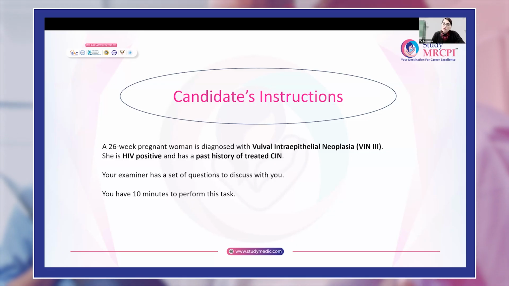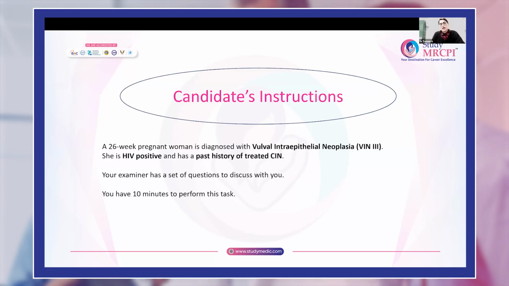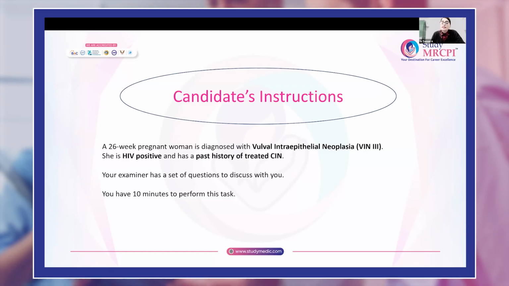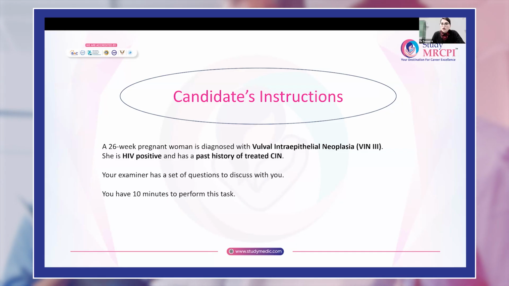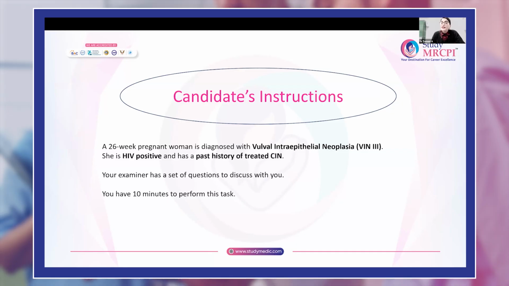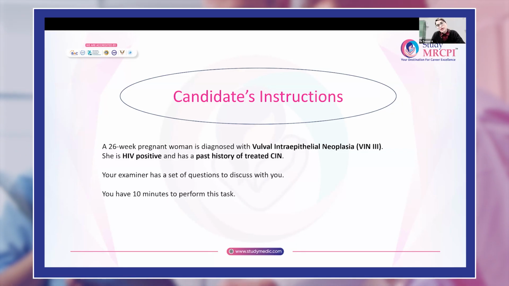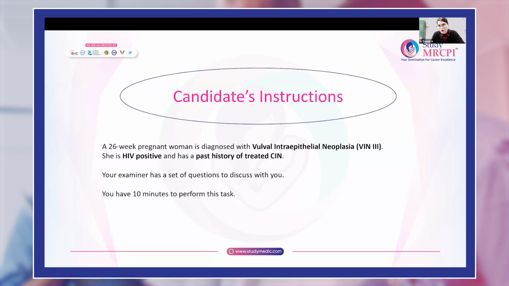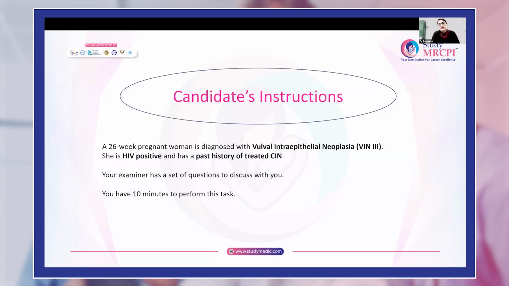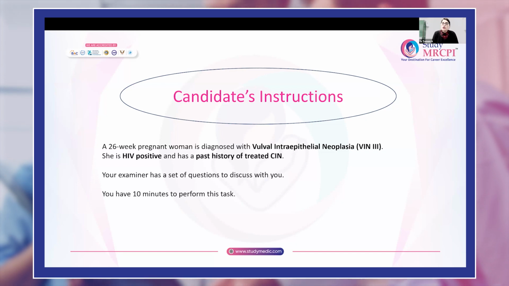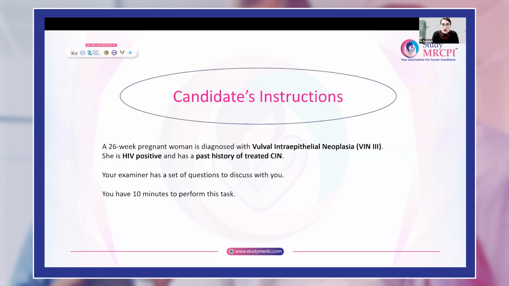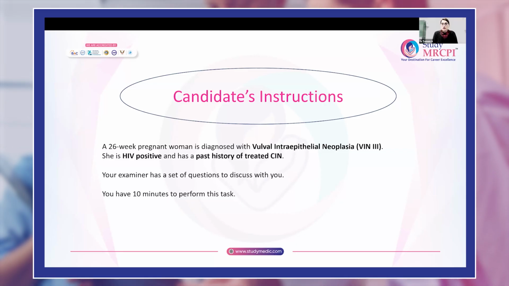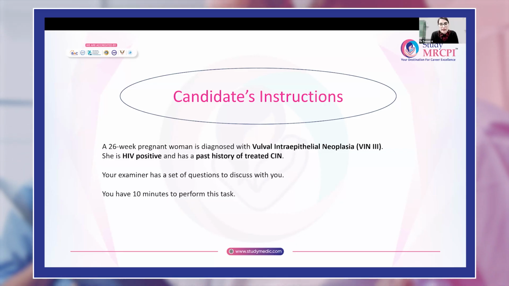to the HIV treatment, as if the viral load is uncontrolled or very high, that can affect the baby as well. The baby may need antiretroviral therapy in the postpartum period, so appropriate follow-up for that is also very important. And also cervical disease needs long-term follow-up, so she should stay compliant with the long-term follow-ups, and she should plan future pregnancies very carefully.